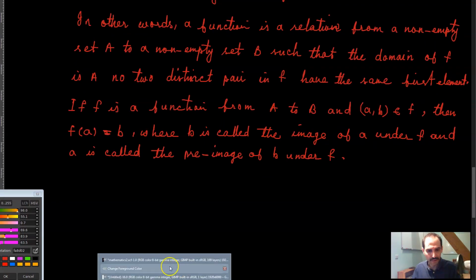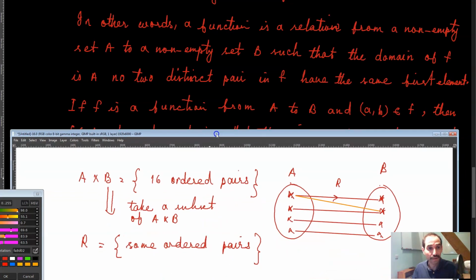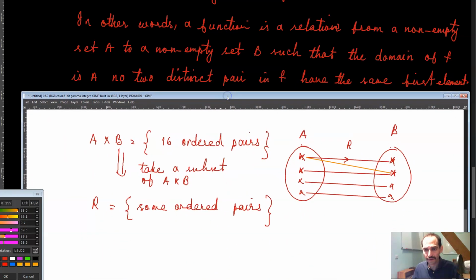We said that, in other words, a function is a relation from a non-empty set A to a non-empty set B, such that the domain of f is A. This relation is basically called f now. Instead of writing R, I can simply write f. So the domain of f is A,